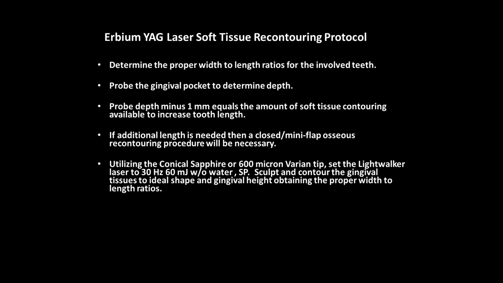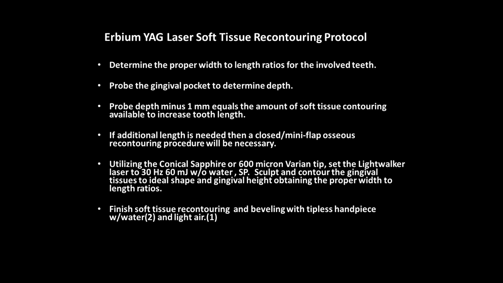Using the SP setting, we're going to sculpt and contour the gingival tissues to the ideal shape and gingival height, obtaining the proper width to length ratios. And then I always finish with the soft tissue recontouring and beveling with the tipless handpiece, which works wonderfully, and utilize water. On my machine, a setting of 2 works great. It doesn't overwhelm. It's just enough water to do the final contouring and clean up the tissue,